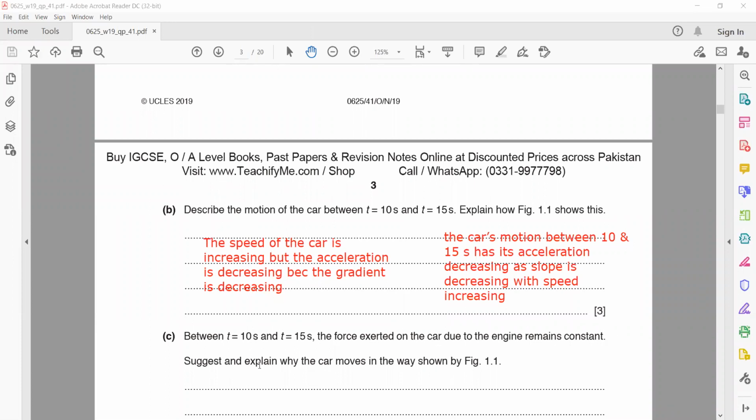Basically what is happening is, as it is accelerating, speed is increasing, so air resistance is also increasing. Like if I say the force of the engine is 100 Newton and the speed of the car at this point was 2 meter per second,